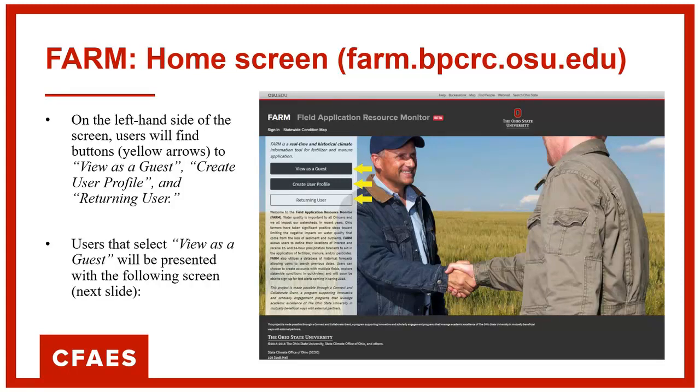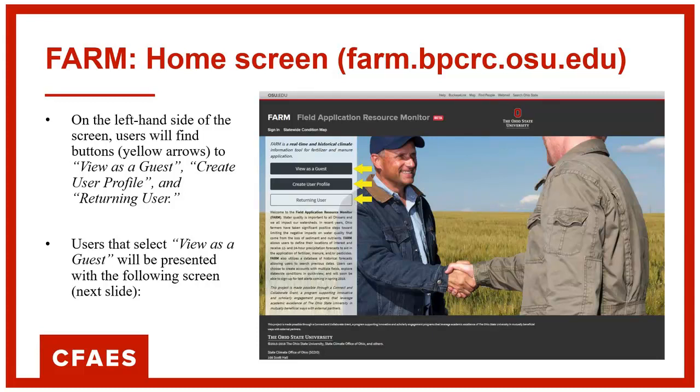And you're given 3 ways to get into the app. You can get in as a guest, totally anonymous. You don't have to have a username or anything like that. You can create a username. That's the second option. Or if you've already done that, you can go in here as a returning user.